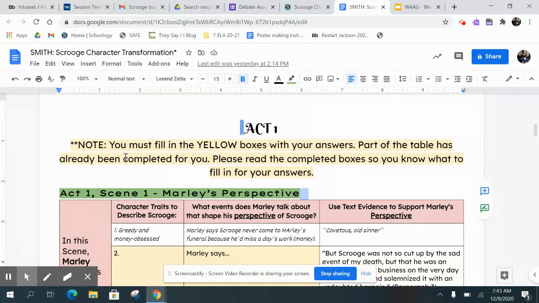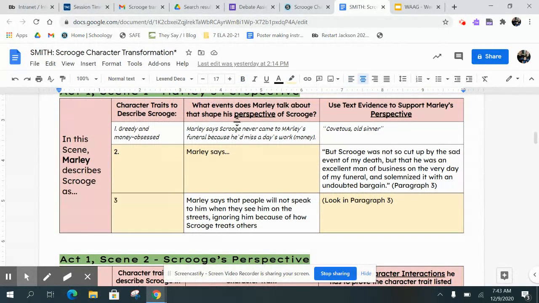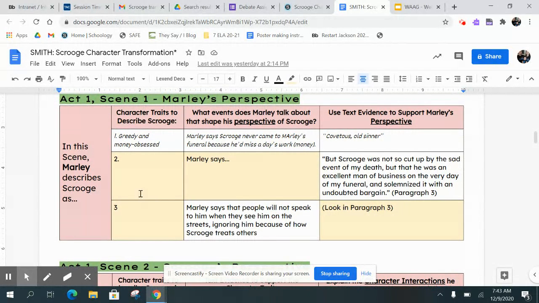Now, at the top here, you'll note that you must fill in the yellow boxes with your answers. Part of the table has already been completed for you. So I'm going to look and see what I need to fill out. I need to fill out these boxes. This column is asking for a character trait that describes Scrooge from Act 1, Scene 1. After having read Act 1, Scene 1, I'll ask myself, what's a character trait that I could use to